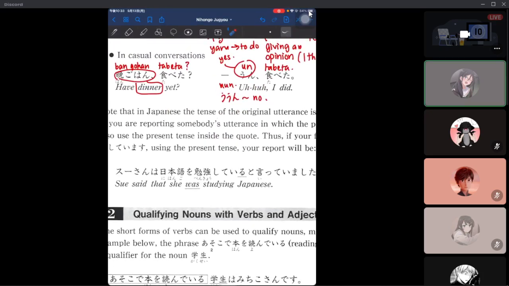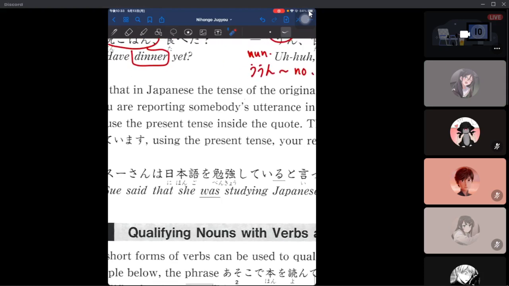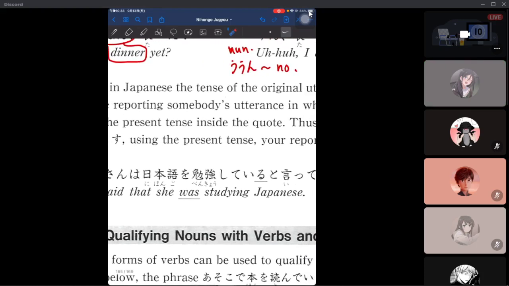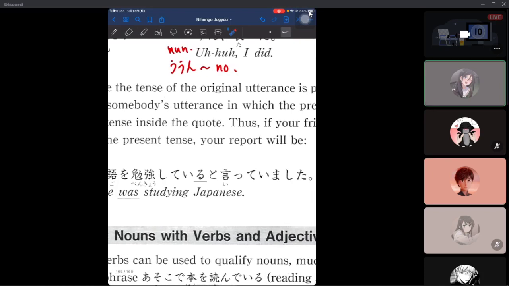And then lastly, anyone wants to read this? Let me try. どうぞ。スーさんは日本語を勉強している、と言っていました。